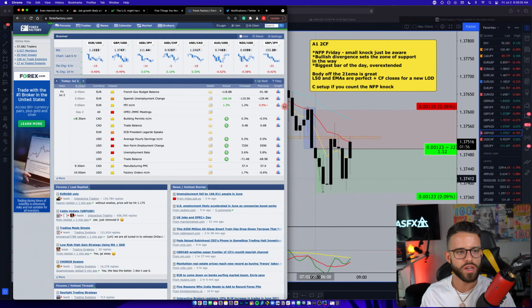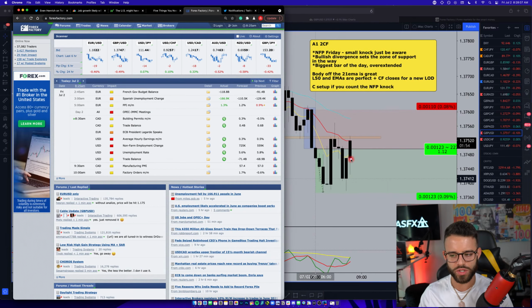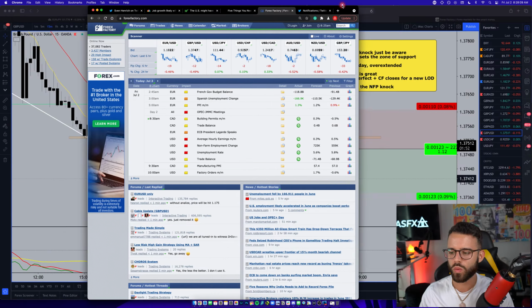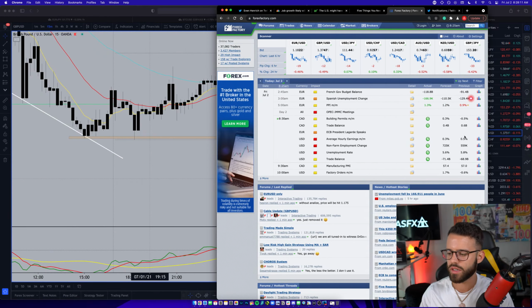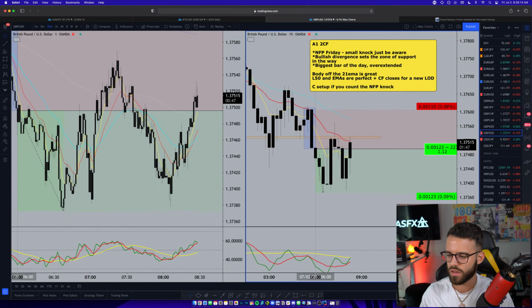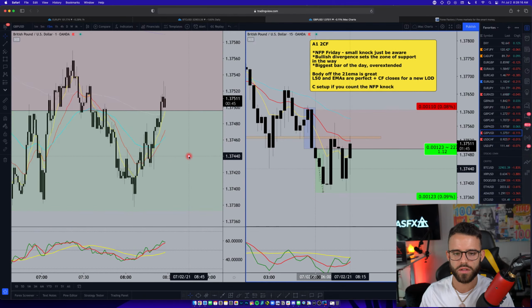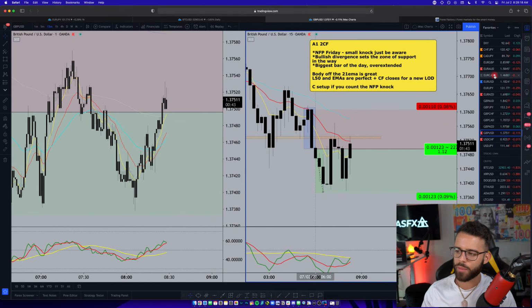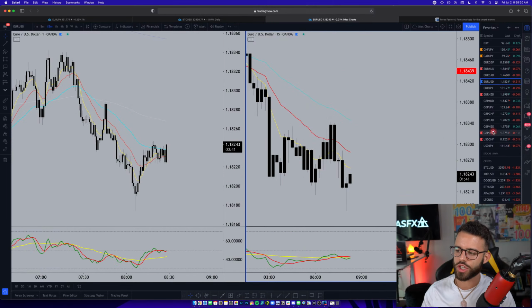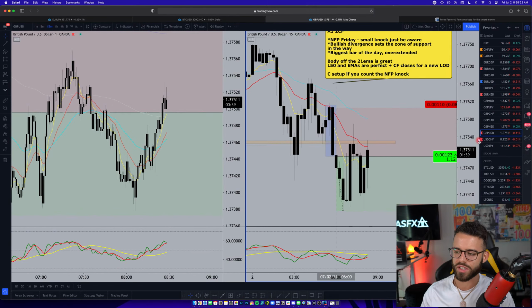So you guys can see everything. I've got GU right here. As you can see, it's already getting a little volatile. We'll watch the 1 minute chart right here. So we've got 1 minute and 15 minute, and I'm going to cycle back between EU and GU. We'll look at the whole market, of course, but let's see what happens, right?